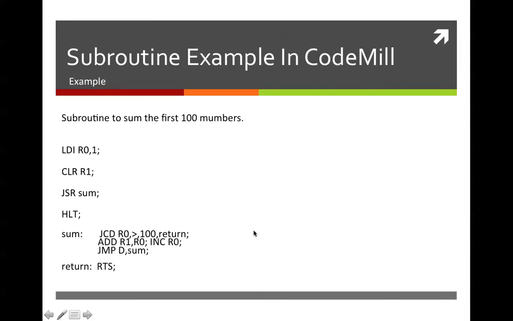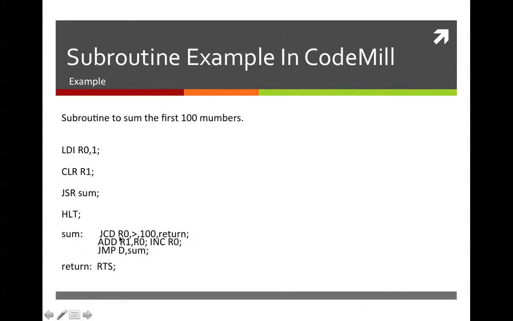So here's an example where we add the first 100 numbers using a subroutine call. So here's the register that we initialize to 1, and then we clear R1 where we're going to put our sum in, and then jump to a subroutine. So this is not a jump instruction, but it's a jump to a subroutine instruction, JSR. And then we halt. We come down over here, and we then say,